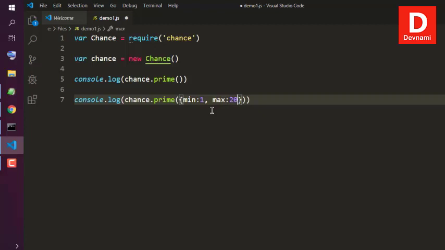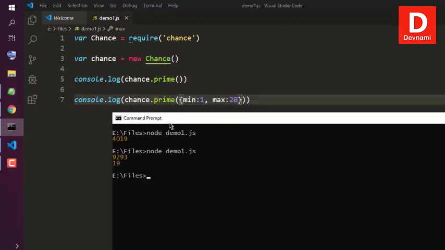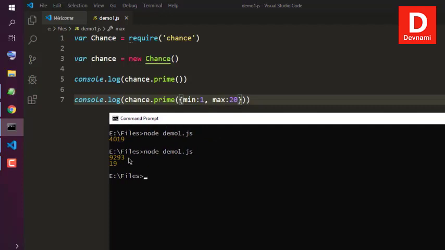Okay, save this and open command prompt again and execute the code. And here you see, in first we will get random data again, so in second we have range from 1 to 20 and got the output 19. Okay, we can run this again and we will get random data every time. So you get the idea how to get random prime number